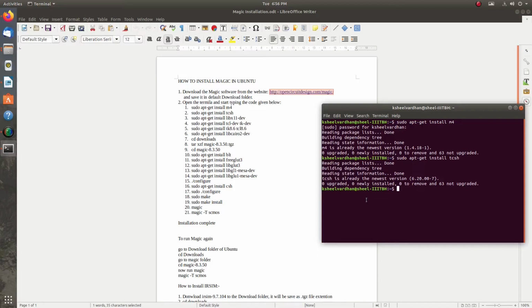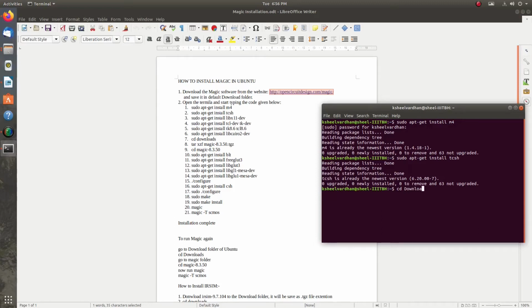I will directly go to step number 7, but you guys go one by one and install each and every file. These are very important files. You have to install them before installing Magic, otherwise your Magic won't run and it will create problems. Now step number 7 is cd Downloads.